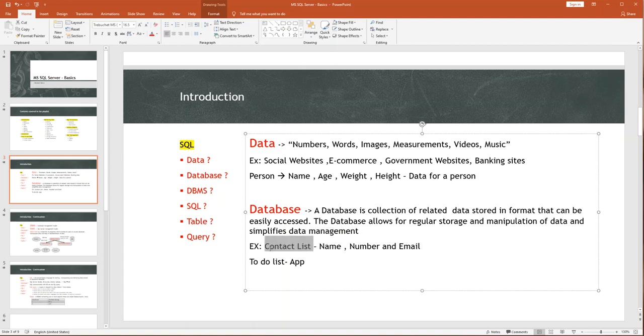And one more simple app you can think of is a to-do list app. Here we can initially create the app and we can modify, we can update those lists. So this is a very simple example of a database. Generally a database is a collection of all this data in a tabular form where we can easily access, means we can easily read the data, modify the data or delete the data. So basically we can do all those operations on this database and it's very easy to maintain. So that's regarding the database.